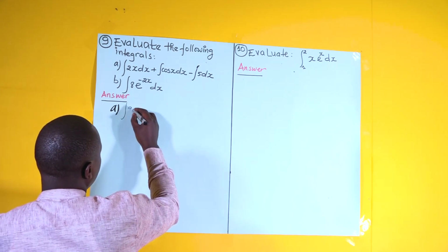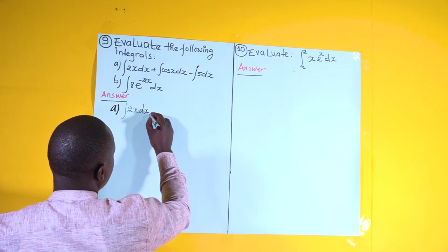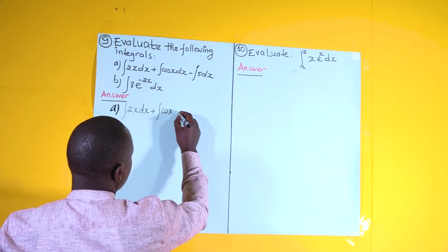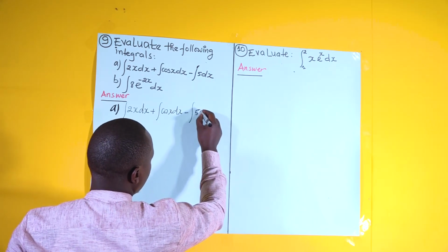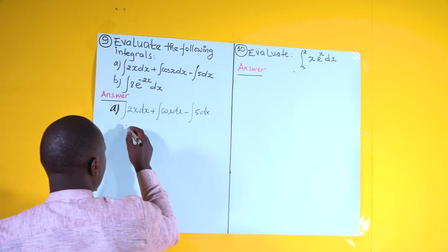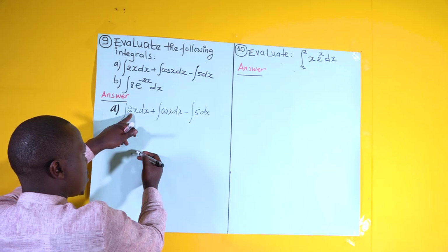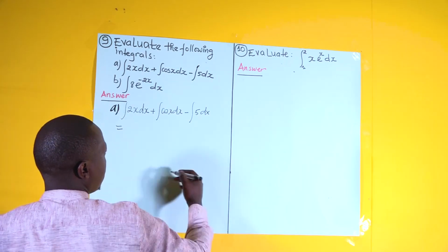Integration of 2x dx plus integration of cos x dx minus integration of 5 dx. This gives us what? Remember, 2 is a constant, so it may go in here. And if you remember well,